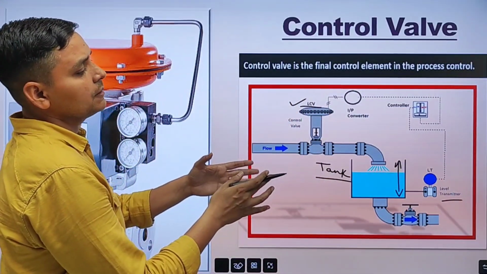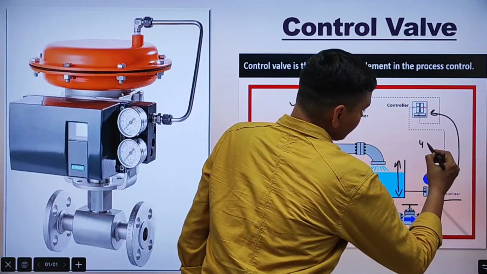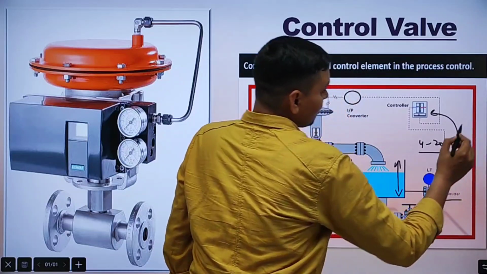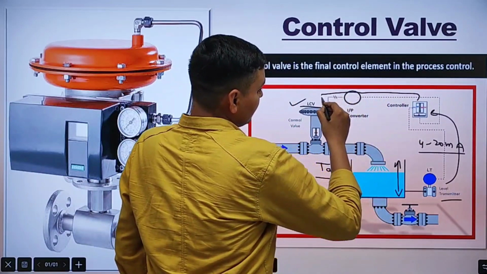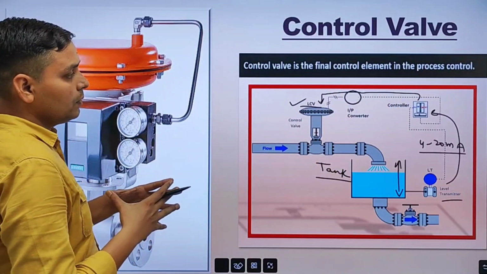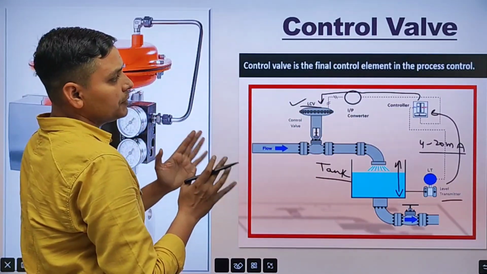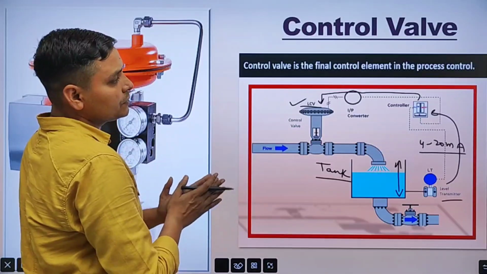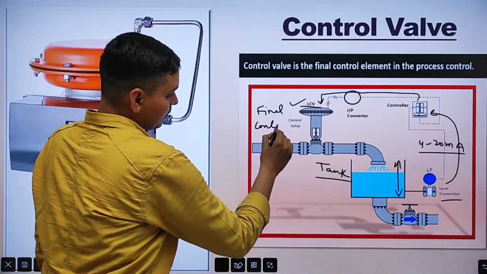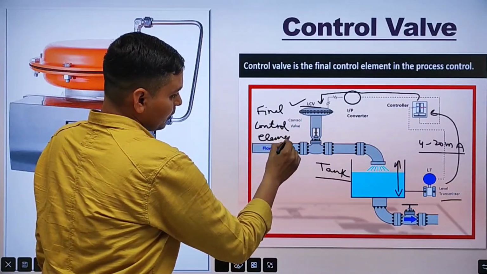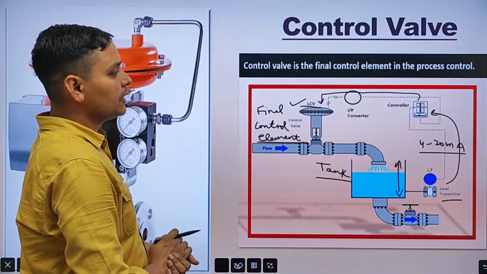Now this level transmitter will measure the level and transmit its signal to the controller in 4 to 20 milliampere. Okay, now according to the set point, controller will send the signal to control valve. Now control valve will operate according to the signal, and after control valve there is no control element, so it is known as final control element. So I think it is clear to you why we call it as final control element.